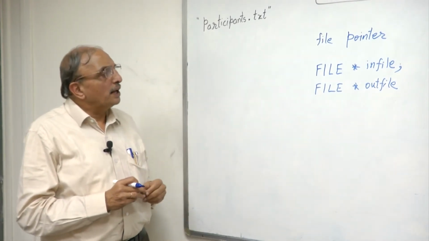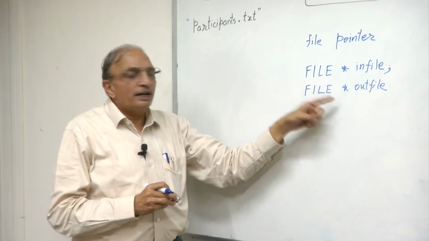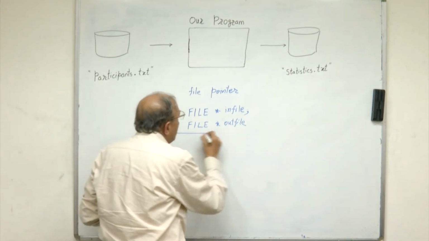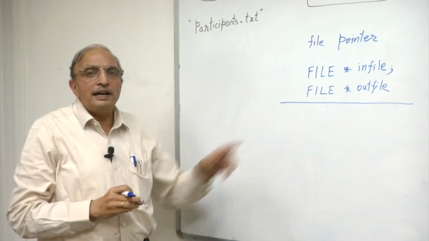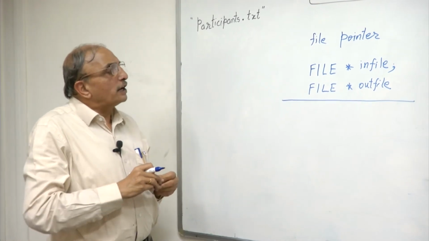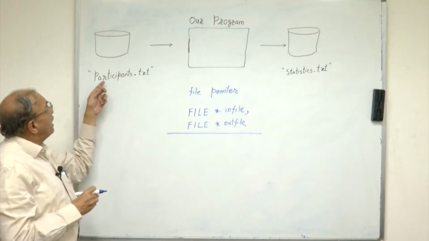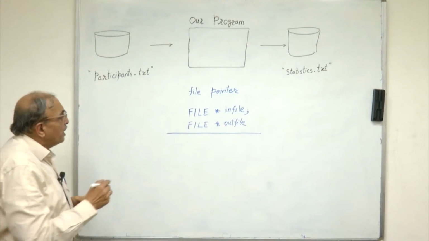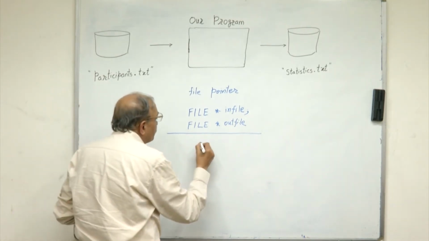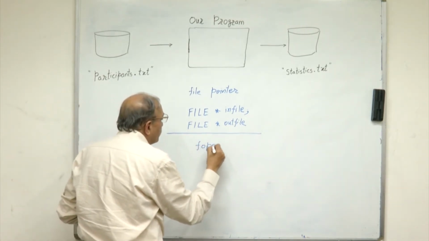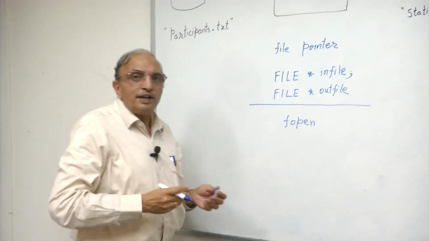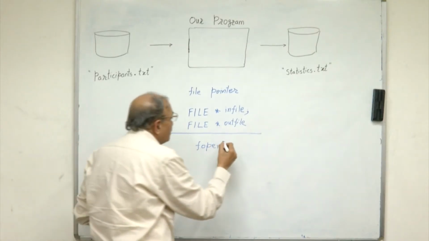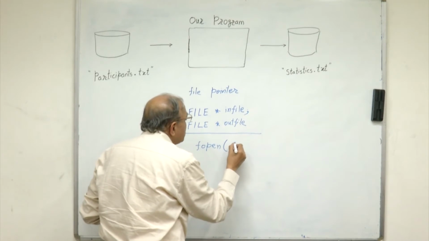Coming back to our discussion, having declared such file pointers in our program, as I mentioned, we have to have an association of an internal file name with an external file. Consider, for example, we want to read data from the file called participants.txt. For that, there is a special function called fopen. As the name suggests, we are opening an external file. This fopen function requires two parameters. The first parameter is the external file name,